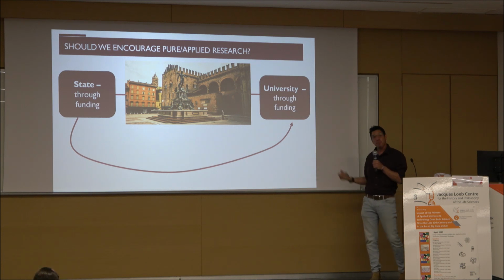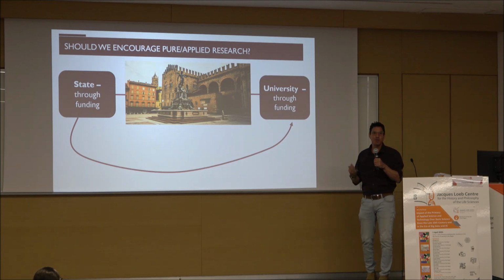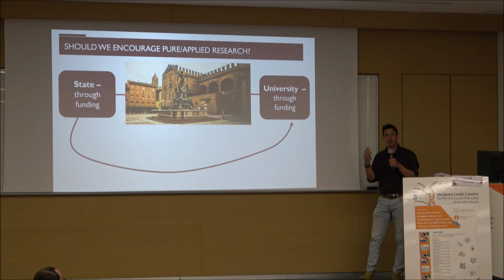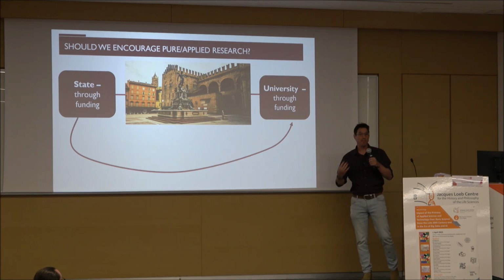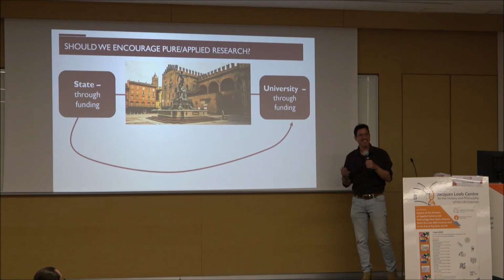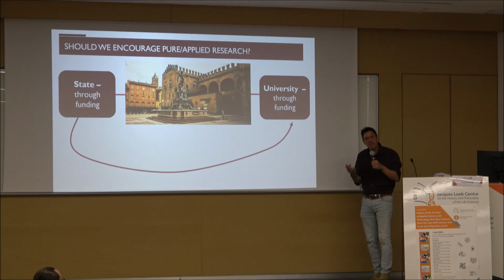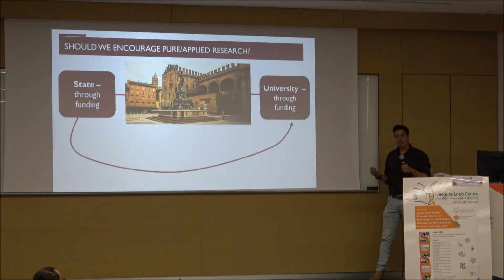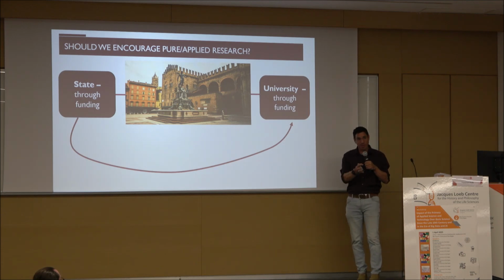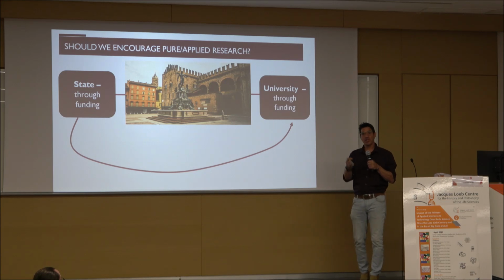And the university basically can do it through a single mechanism, which is money, right? Researchers need money to pay for students, to buy equipment, to buy consumables. And if we don't have money, we don't do research. Theorists only need students, so it's kind of cheaper, but the same rule applies.